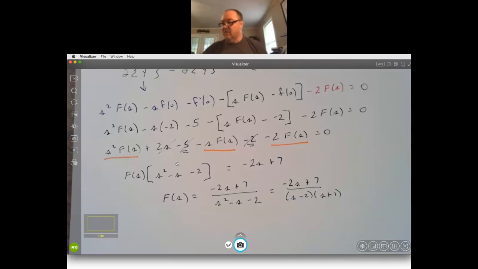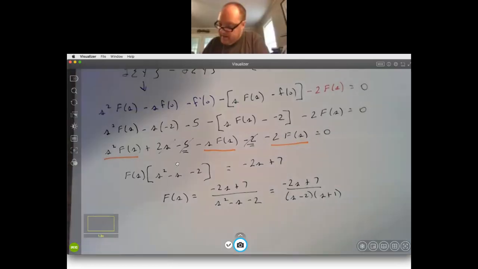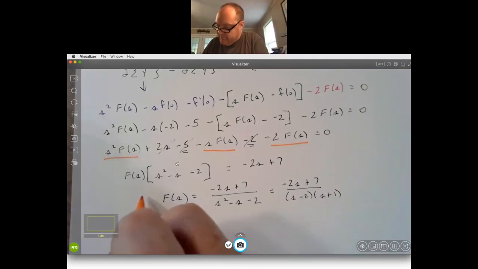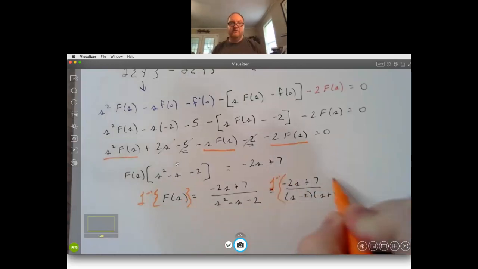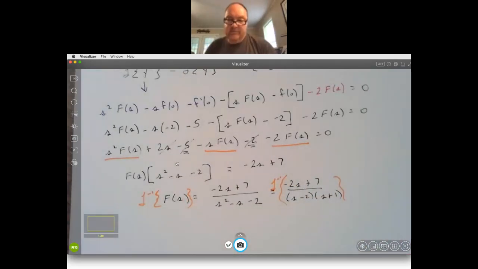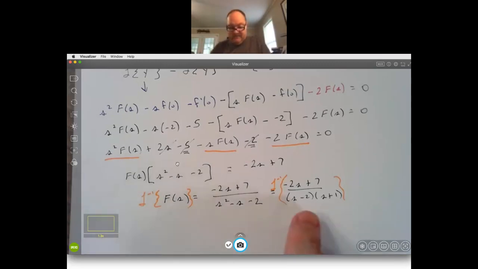All right, so at this point, what I want to do is to transform it backwards. I want to do the inverse transformation of both sides. So we know when we transform big F, we get back little f of t, or in this case, y, which is actually what I'm looking for. So I need to take just a minute and deal with